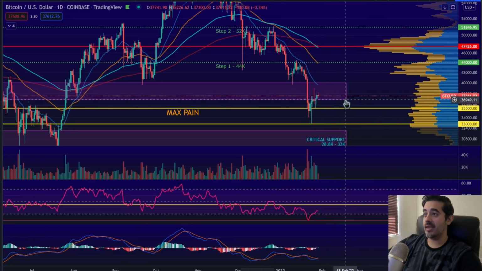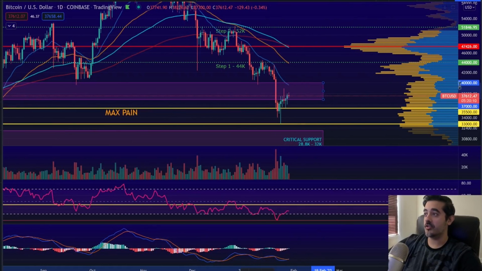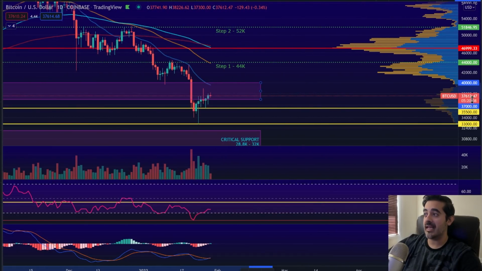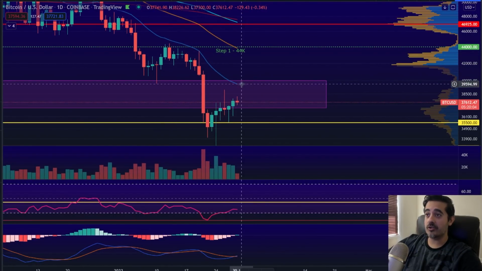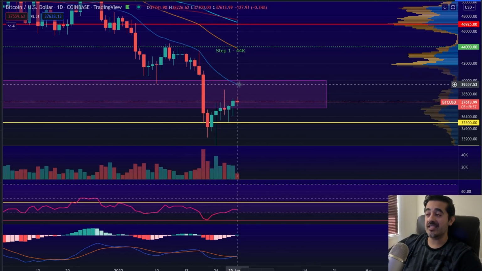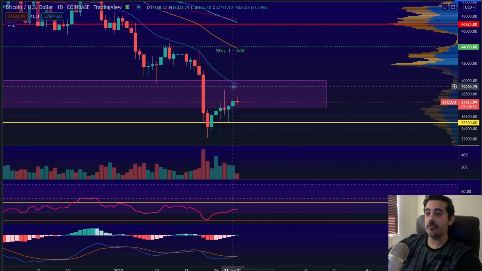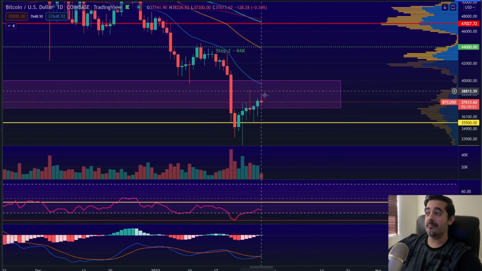So this is between 37,000 and 40,000. This is a pretty interesting area, especially now, because if you zoom in, you can see that on the daily, this 20 exponential moving average has broken into this zone. It's sitting at around 39,600. So we can expect a good amount of resistance there at the 39 to 40K level. That's been known for quite a while, but now with the 20 exponential moving average there, it becomes more important